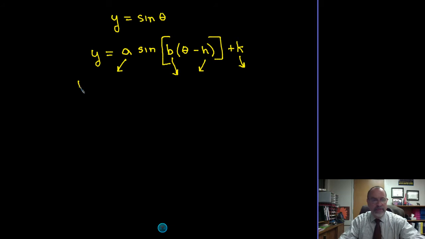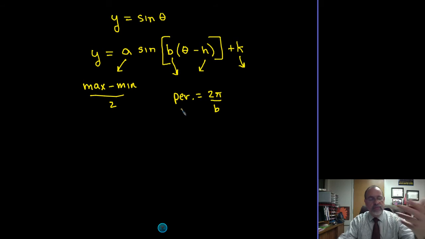Remember, verbally, this is the max. Uh-oh. My computer just decided to freeze up. All right, there we go. To calculate the amplitude, I find the max minus the min, and I divide it by 2. In order to calculate b, I can use the equation the period is equal to 2 pi over b. So if I know what the period is, from a word problem, from a graph, or from a table, I simply put the period value here, and then I solve this equation for b,